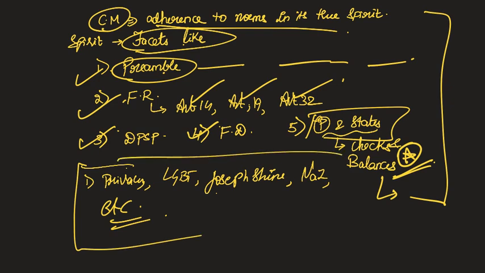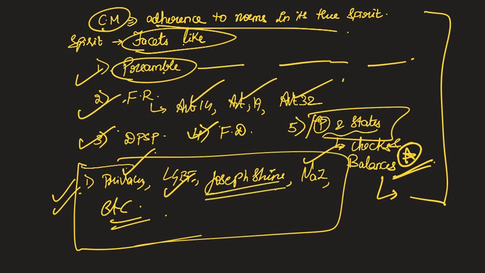And as far as the examples are concerned, we have already mentioned in the channel about the various cases and the historical developments that happened in the past 3-4 years. So whether it is the judgment of Puttaswamy, that is the privacy judgment, or the LGBT rights based issue, that is the Navtej Singh Johar issue, or the Naz Foundation case, which tried to say that constitutional morality and not public morality should prevail in cases of rights. And the case that is related to adultery, that is Joseph Shine. We have discussed all this in the Telegram channel. You can just go through them.